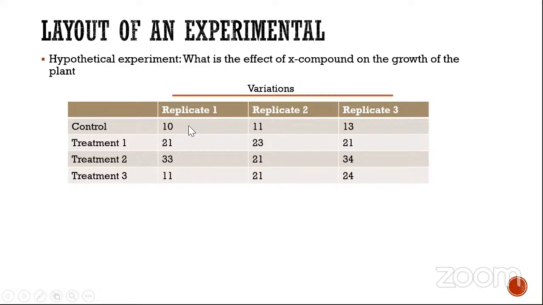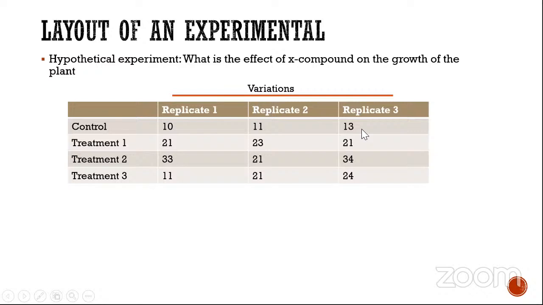In this pot we have not added anything, the same here also and here also. So there is no difference. This difference is due to genetic variation between the plants. So if the plant height is 10 or 11 or 13, it is because of the genetic difference between the plants, because all the rest of the factors or parameters that can influence the plant height are nullified or